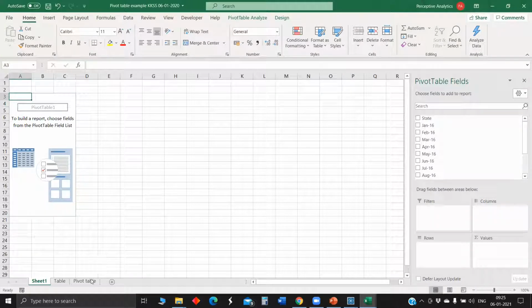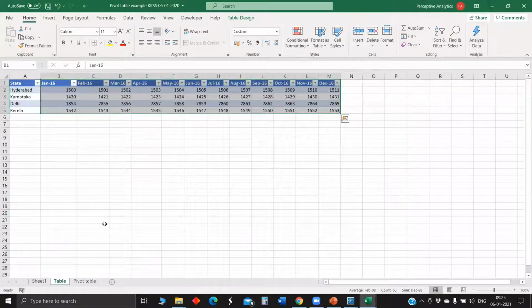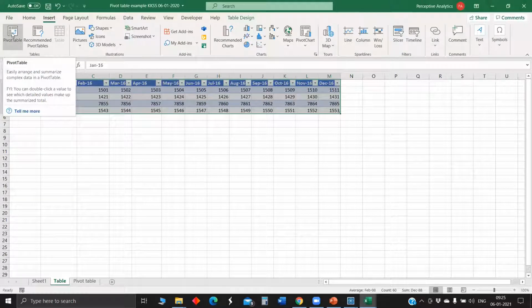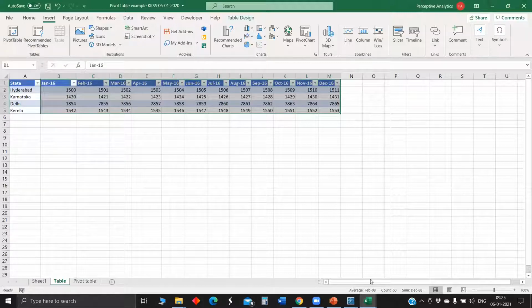Can you go back to your table? Yeah. There was an edit option. Go to table design. Last table design. Or we have this pivot tables. I don't remember as of now. So maybe next week I will try to explain how to do it.